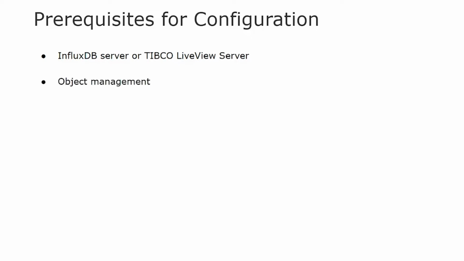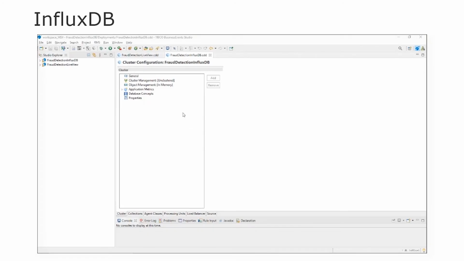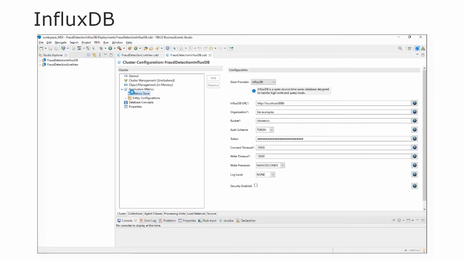Before you add each of these as metric stores, configure the InfluxDB server or TIBCO LiveView server as per your requirements. Also ensure that you have configured object management for your project. Starting with InfluxDB, the first step is to configure the Influx metric store in the CDD editor in TIBCO Business Events Studio. In the CDD editor entity configuration section, you can add the entities that you want to generate metrics